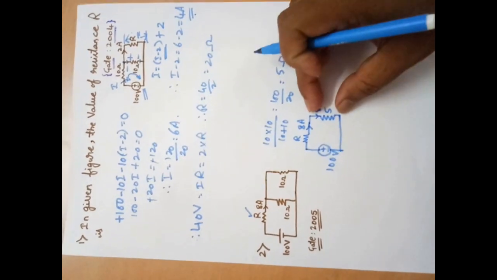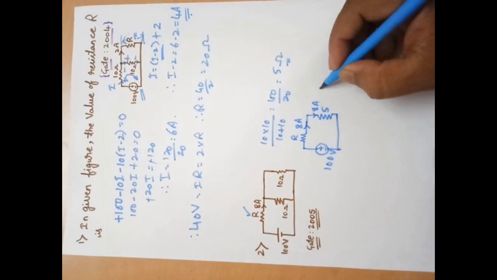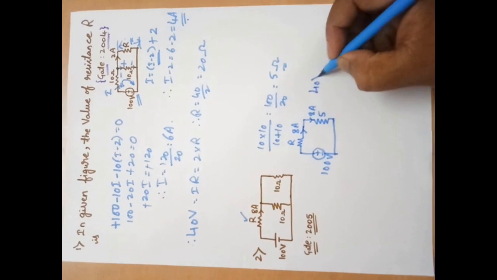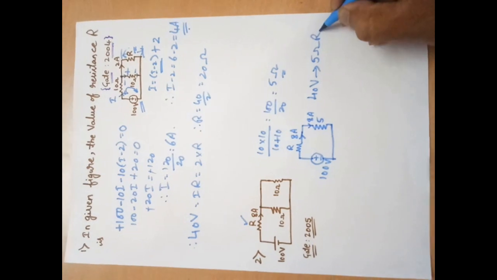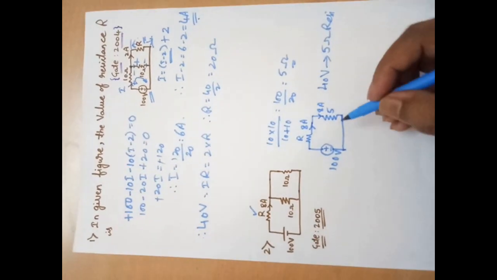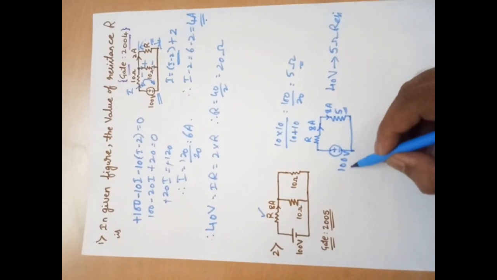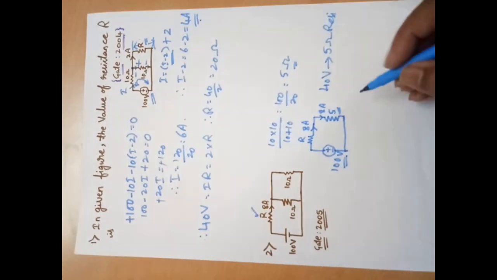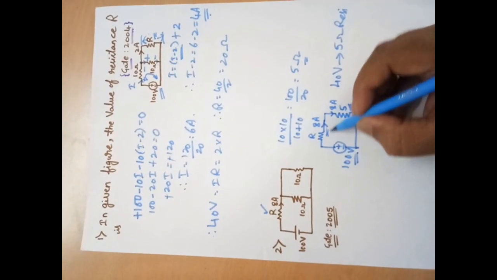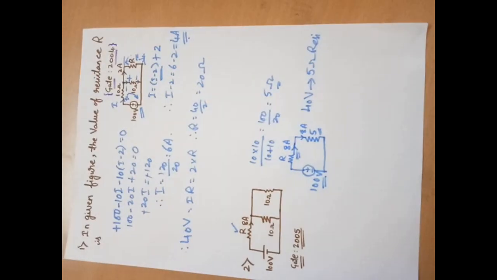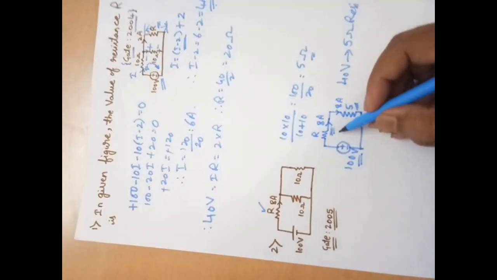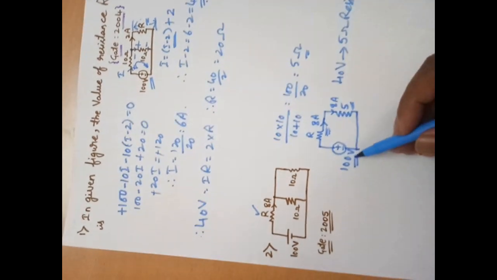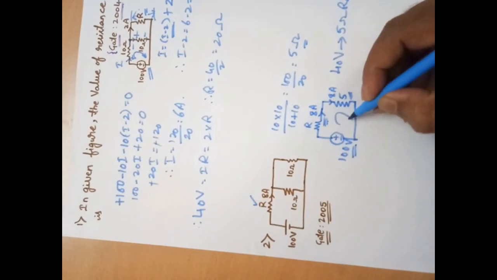So I can say the voltage across this will be 8 into 5, 40 volt. 40 volt is the voltage across the 5 ohm resistance, right? If we have 40 here, we have a total of 100, so once you apply KVL, we get the remaining voltage here. But my intention is to find R, so once you get the voltage, you can find R. So what would be the voltage here? 100 is the source, apply KVL for this.